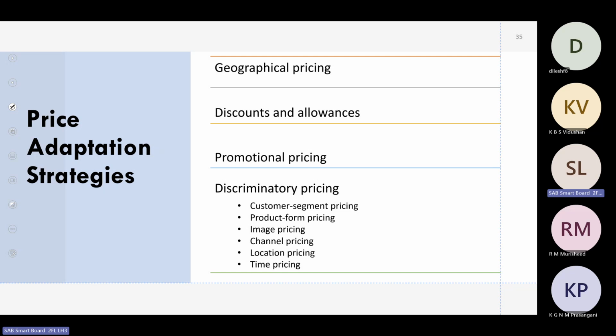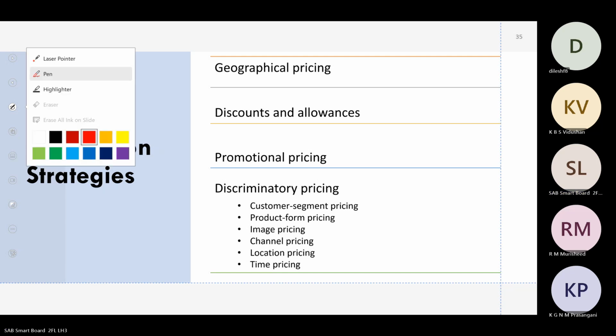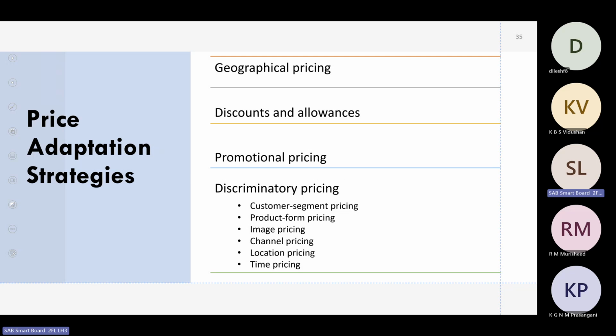Okay, we'll see the answers from your side. Right. So, any example for this one? For this customer segment price, what are yours? But we are not getting the same haircut when it comes to males and females. Anything else? What's the next one? You found only one? How about you?